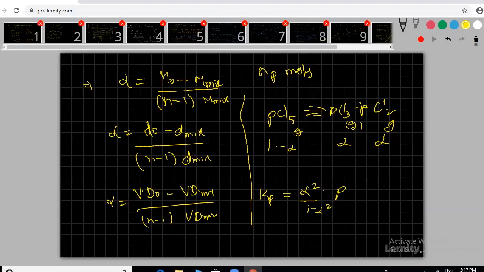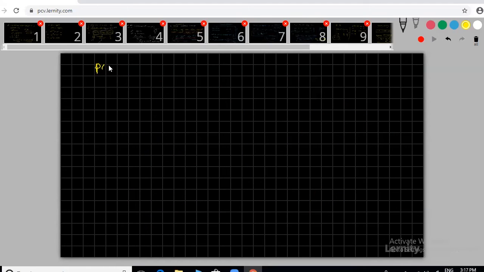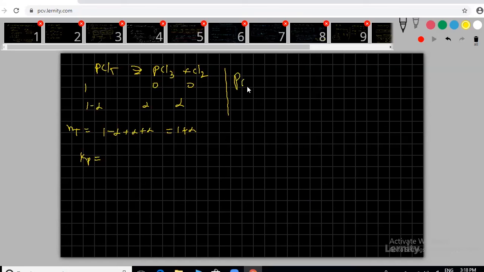We are applying the same concept, sir. PCl5 gives rise to PCl3 plus Cl2. 1, 0, 0, 1 minus alpha, alpha, alpha. At equilibrium, n total equals 1 minus alpha plus alpha plus alpha. How much will we get, sir? 1 plus alpha. I think so. Already given, Kp equals, you know that partial pressure of any gas equals the mole fraction of that